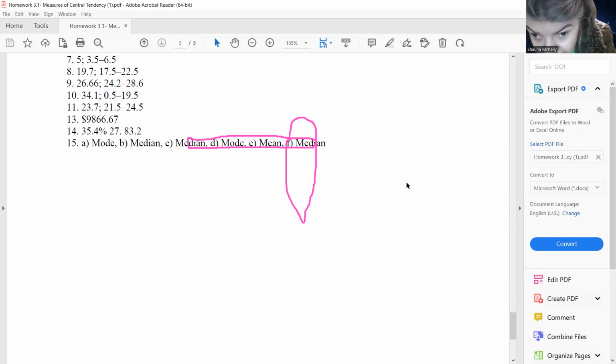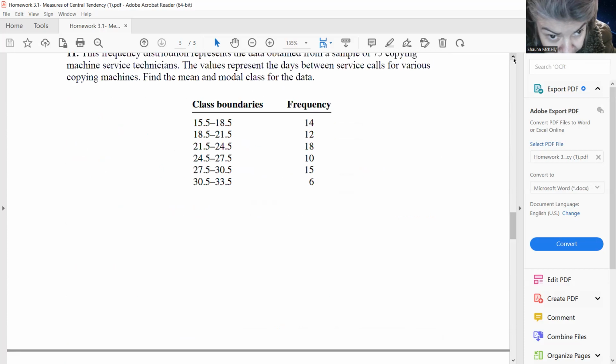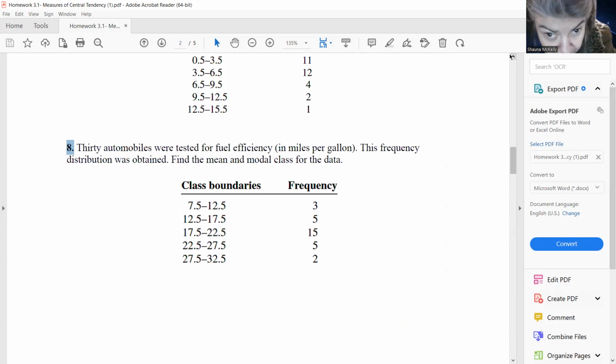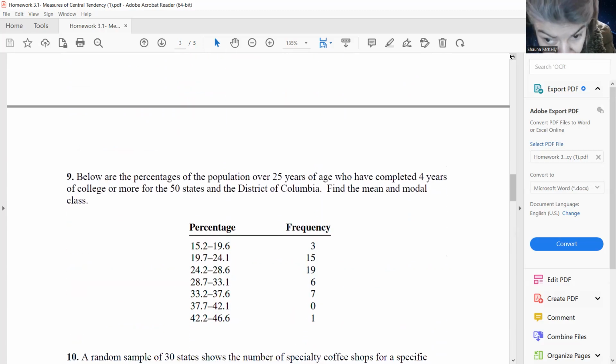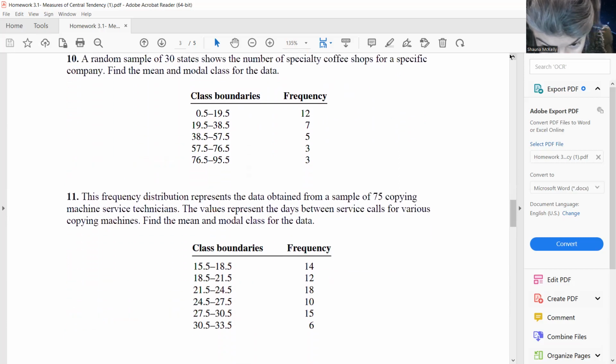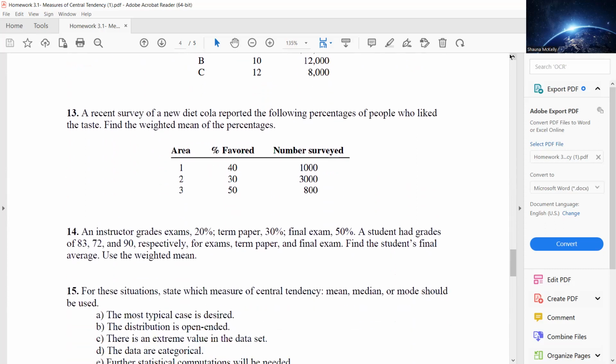Now, that procedure that I just showed you applies to the grouped data, okay? So the procedure that I just went through for number 7 will apply for number 7, number 8, number 9, number 10, and number 11. Now, when we get to 12 to